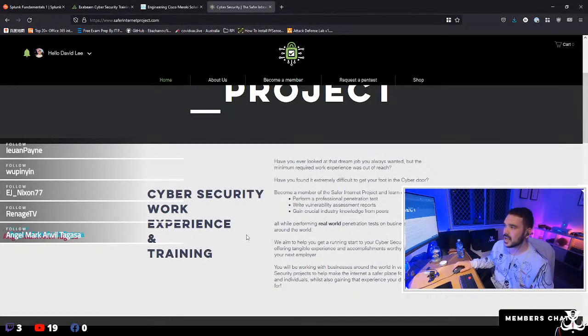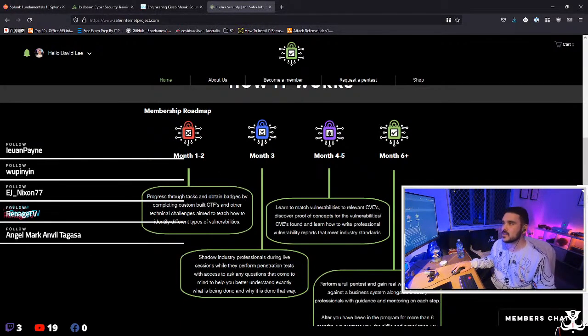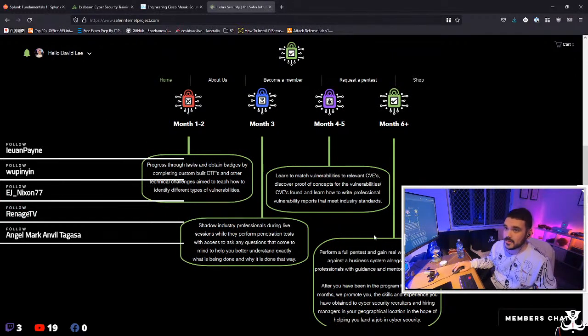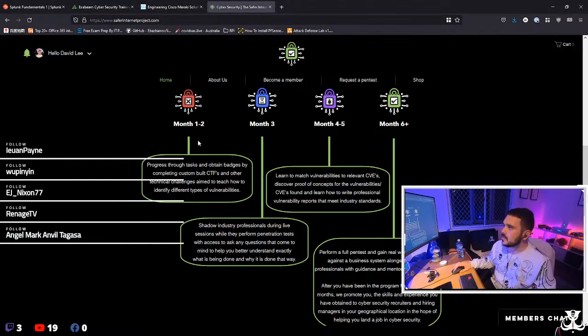The Safer Internet project is a cybersecurity work experience and training platform. If you head on over to saferinternetproject.com, you'll be able to see exactly all this information here. So exactly what you get from month 1 all the way through to month 6 plus. I'll quickly read through it because I think it's actually pretty cool. In months 1 and 2, you progress through tasks and obtain badges by completing custom-built CTFs, so CTFs that myself and Gareth have built, and other technical challenges, as well as some additional resources to learn from. So they're essentially like documentation on different systems that you can learn to become a pen tester. These challenges are aimed to teach you how to identify different types of vulnerabilities. That's the very basic version of what that is. So that's months 1 and 2. In month 3,